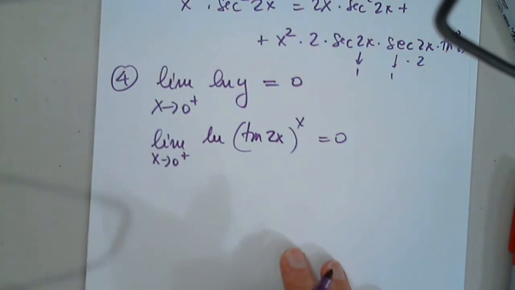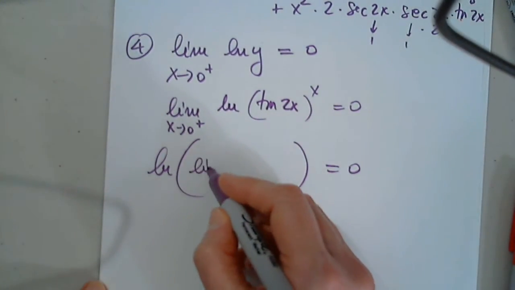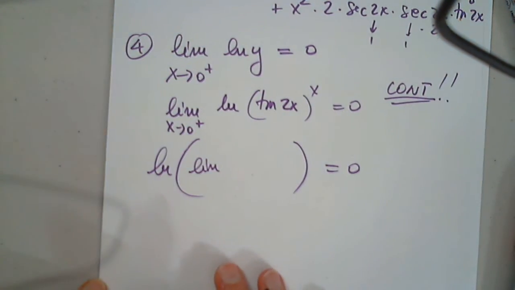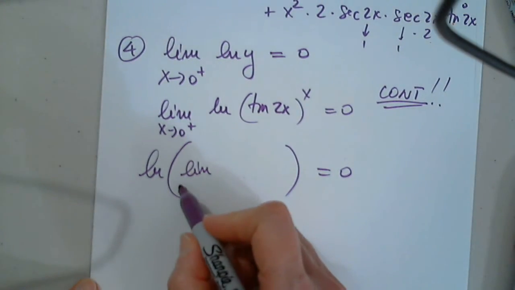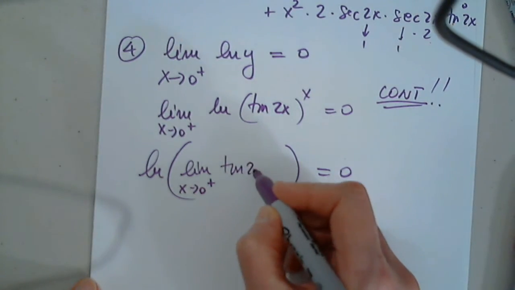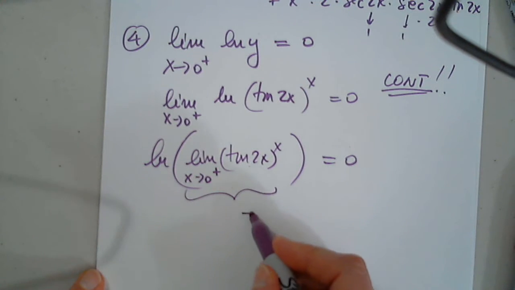We swap these two, and I have limit under conditions of continuity, the theorem that allows us to do that. So limit as x approaches 0 from the right, from tangent 2x to the x power. We conclude that this must equal,